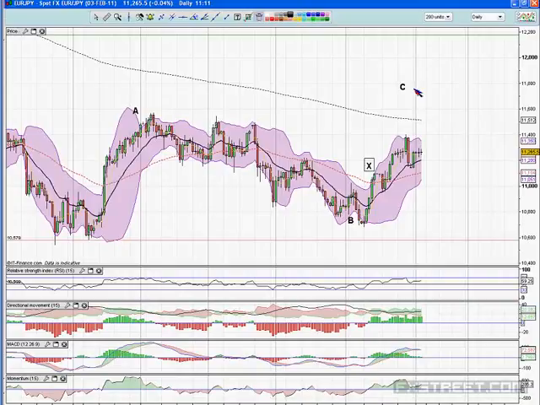I'm looking for a move up towards this sort of level, because I'm looking for an ABC formation. So just to show you how we get that, I'll take it in a colour that we can see a bit better. Take it from the low up to the high, impulsive, corrective. This is also what we want to see. The next wave up should be impulsive towards this sort of level. 117.12 is the target area,